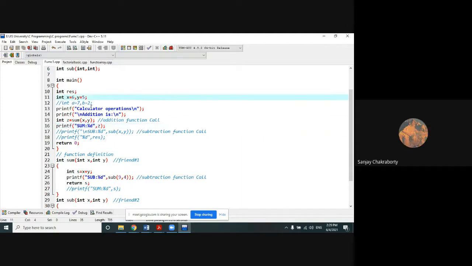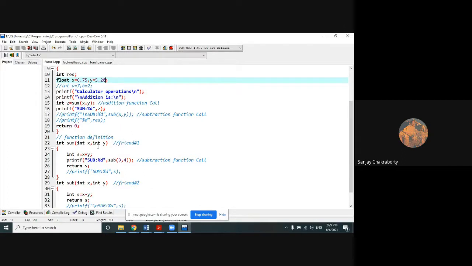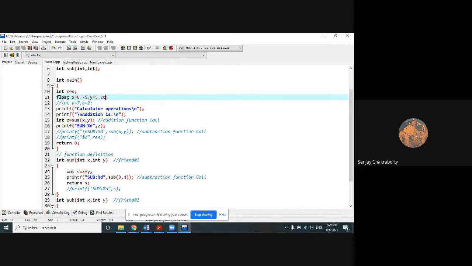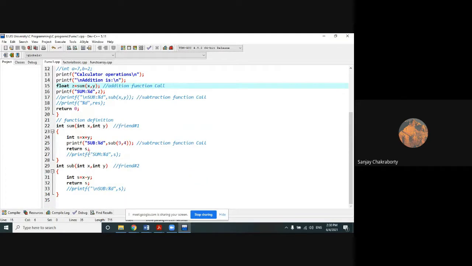Okay. One more thing I need to tell you. Suppose instead of int, I am using float values. You may use it because, based on the requirement, you have to use it. So 5.20, suppose these two are the float values whose subtraction and addition I require. So obviously, if I am using float here, these two variables x and y are now float variables instead of int variables. So first I will have to change the return type to float because it will always return a float as the summation result. So here I will have to change all these return types from int to float.